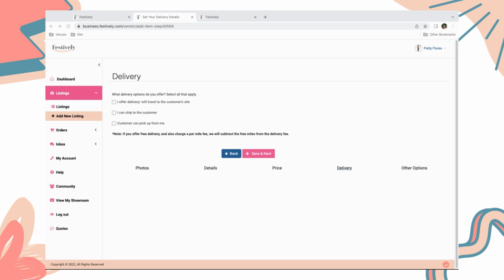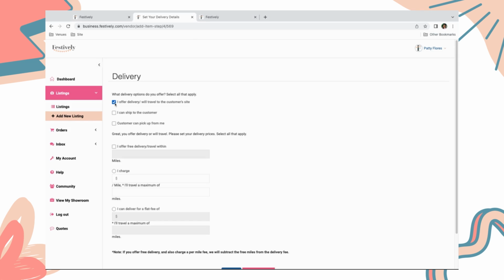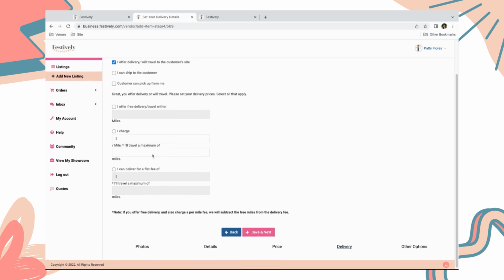Next is delivery. We give you a couple of options here that you can select. You can select multiple. We ask, do you offer delivery and will travel to the customer site? Will you ship to the customer, or can customers pick up from you? So in this case, I'm going to ask, allow customers to select delivery options. When you select that,